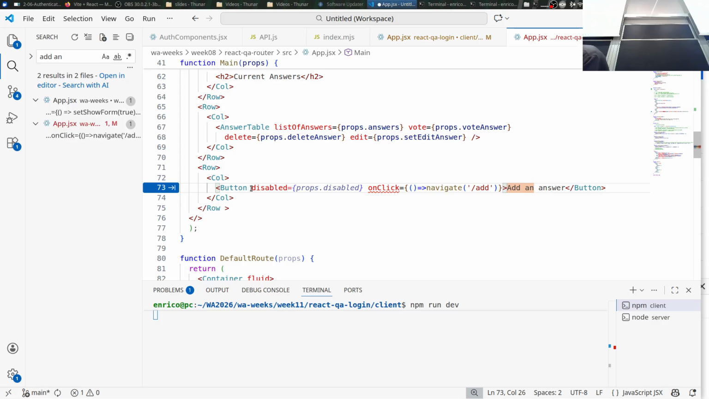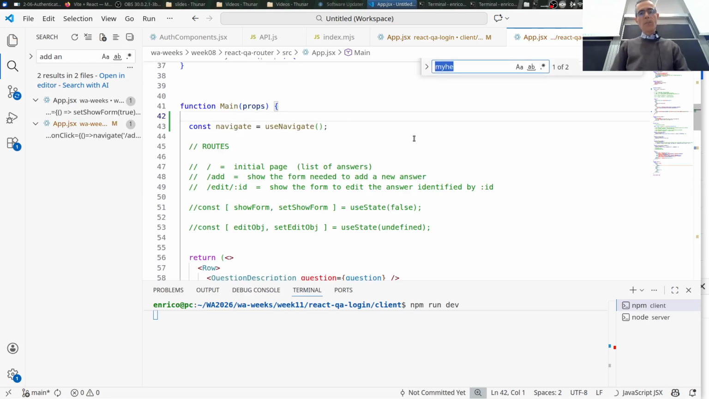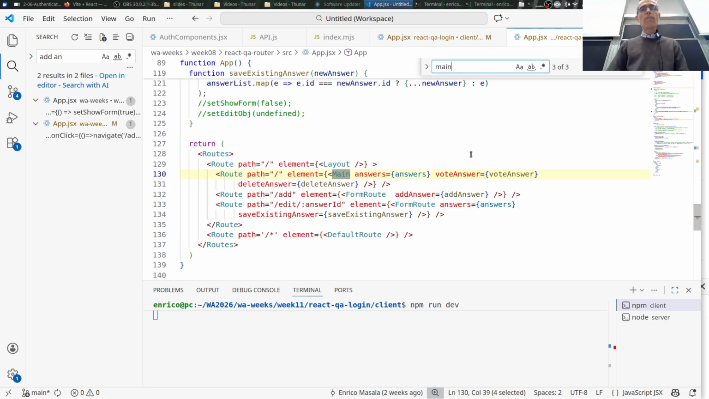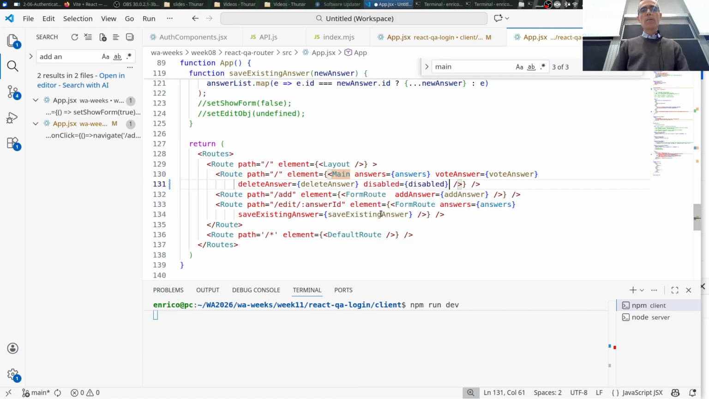Oops, I don't have the same solution. It doesn't matter. What is add here? Well, anyway, so props disabled. Yes, okay, it's prop disabled, that's fine. But then we have main. What is main? Main. Disabled. It's not disabled, but I mean,